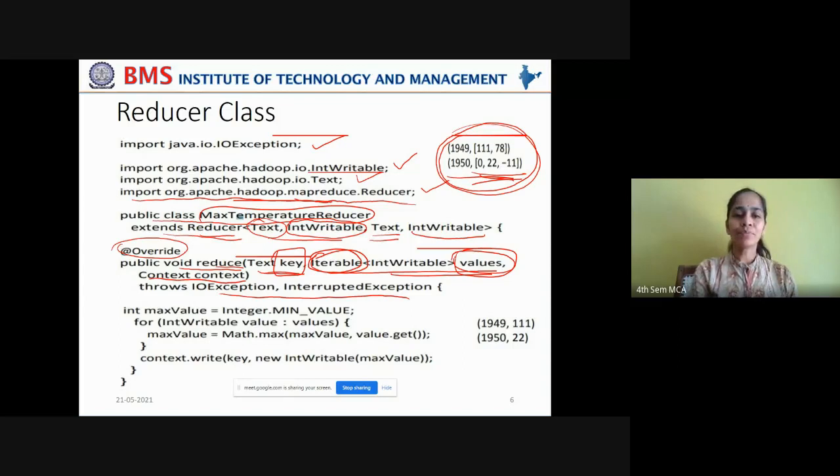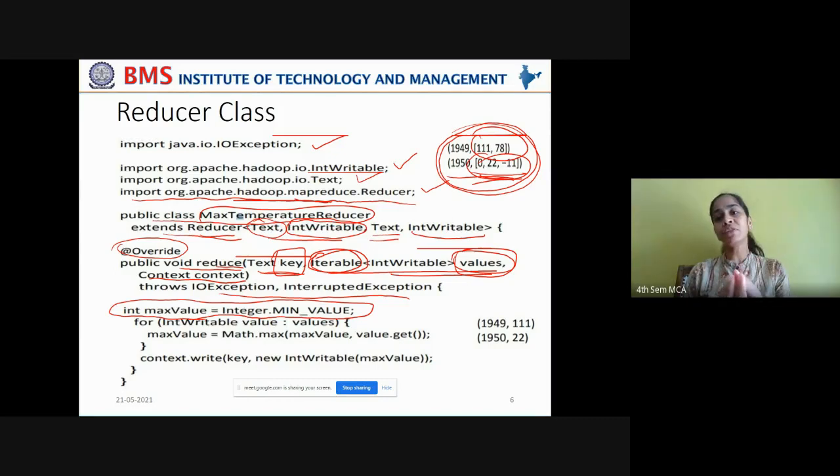Right. Now, come to this line. Understand this carefully. Now, you have to iteratively go through this list of air temperatures and find out the maximum air temperature. Now, how do you know which is the minimum air temperature? Because you have 2, 3 values, it is easy for you to locate the minimum temperature and start comparing with it. But you may have minus 11 degrees, you may have minus 25 degrees, and if the list of air temperatures is some thousands of values, how can you locate the minimum value?